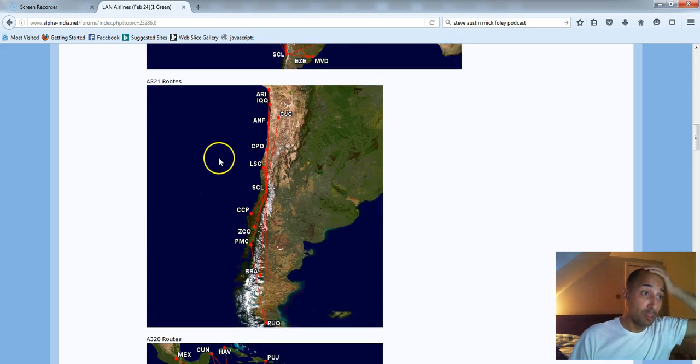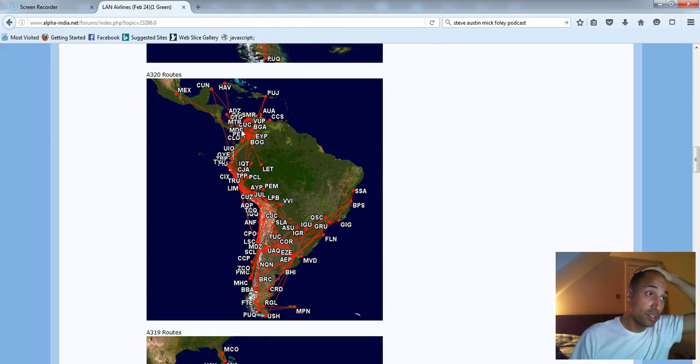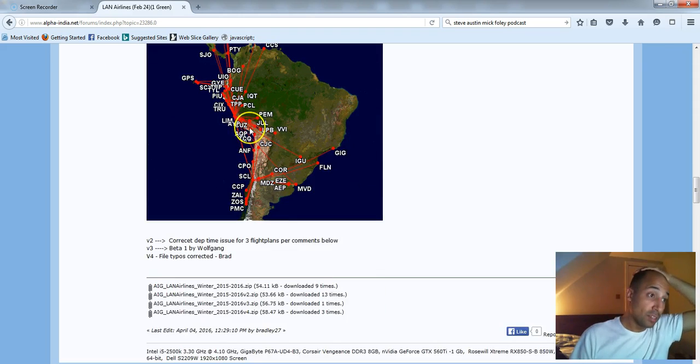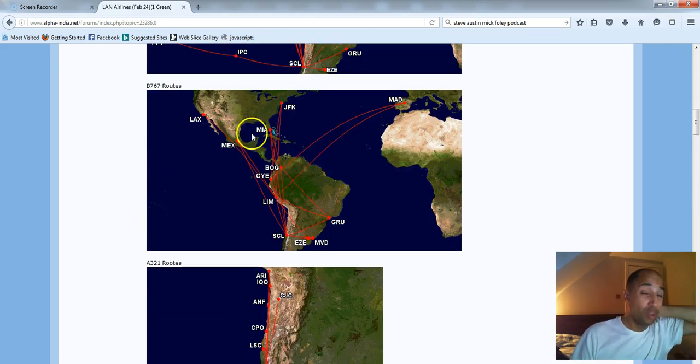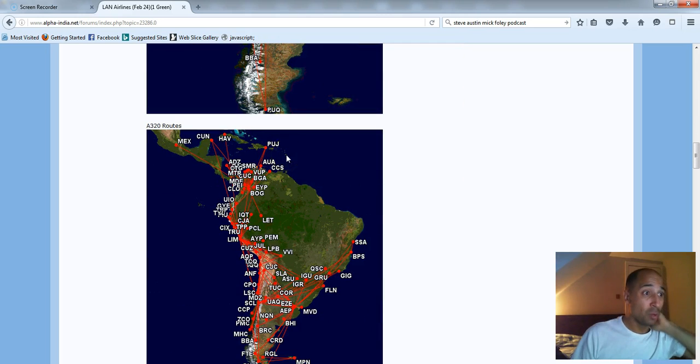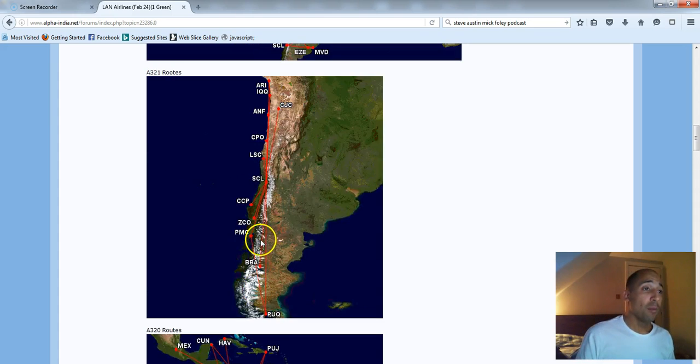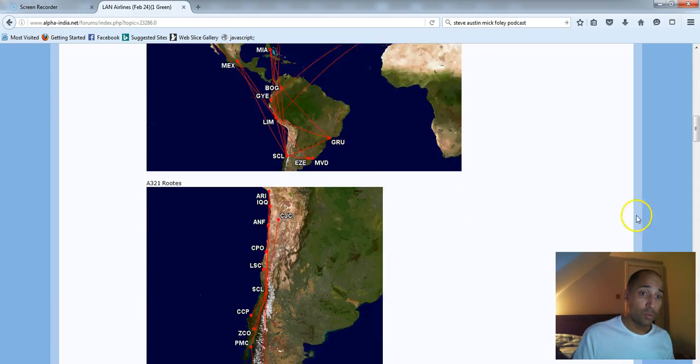And left out the A321s, the A320s, and the A319s. I do fly into Mexico City, but it's not the end of the world if I don't see the A320s. You know, there's enough other traffic going on at Mexico City as it is with Aeromexico and all the other operations, Aeromar, and so on. So yeah, you can pretty much